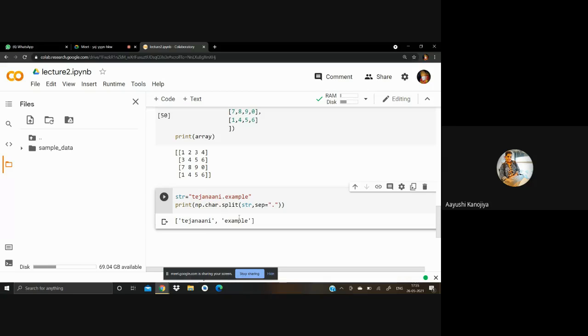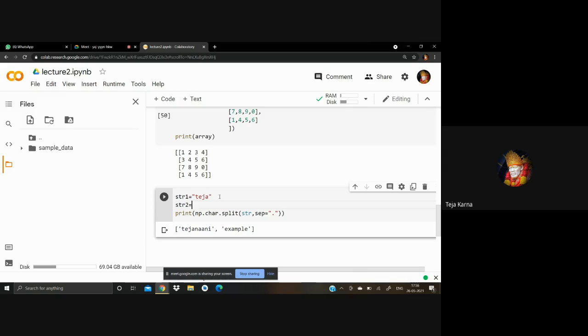Again, you have some title function too, and the equal function is also there. String one teja, str2 equal to teja.